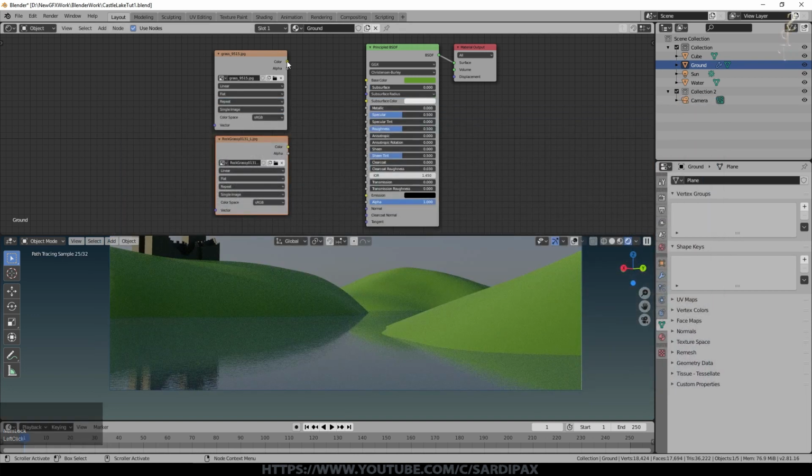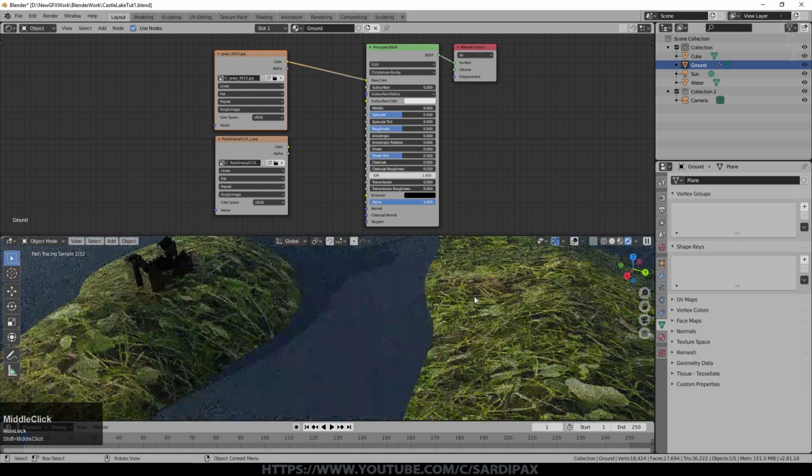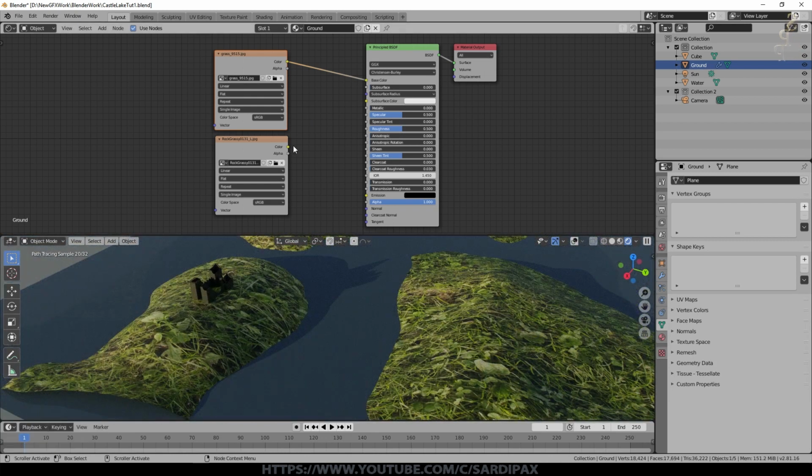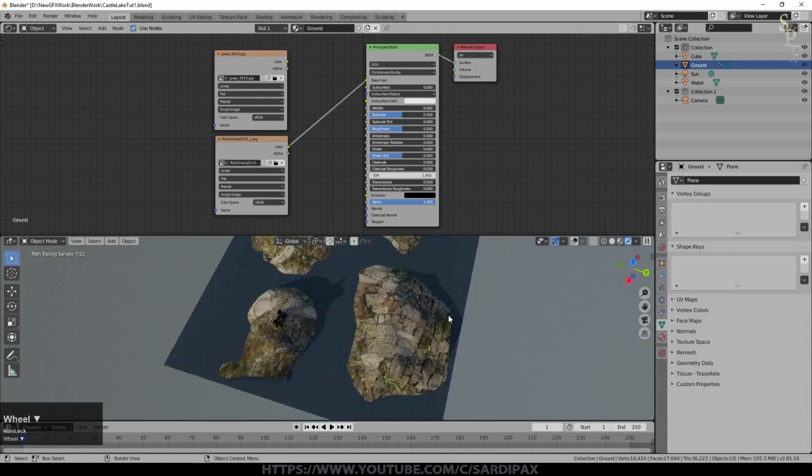So if I just plug one of those into here, you can see that's what that one looks like. Currently much too large for the scene. We're not really going to see these directly for the most part anyway. And then if I plug this one in, you can see it's a very rocky texture, but they're much too big at the moment. Now I could adjust the UV map, which is often the quickest way to do it, but I can also alter the way that these are mapped in.